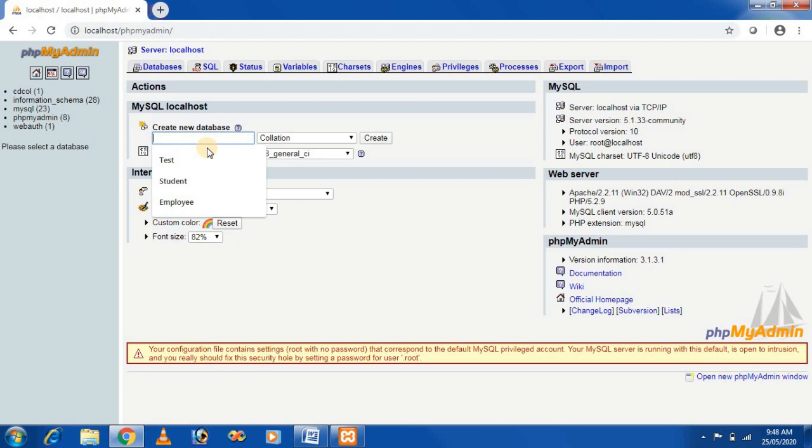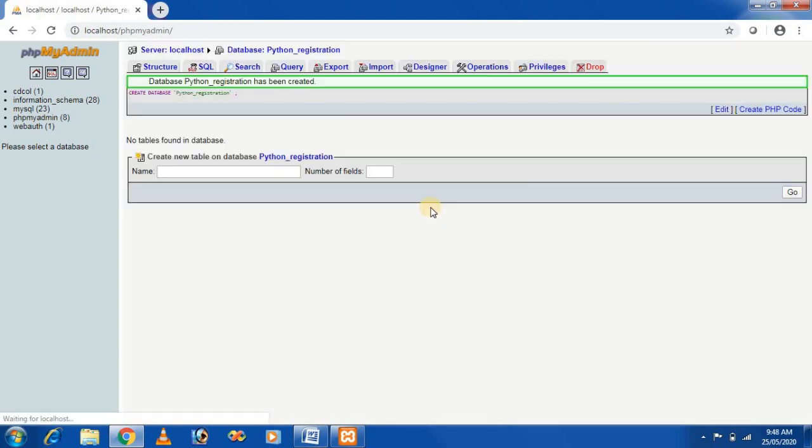Suppose I am creating a database called Python registration. So this is my database name. Create a new SQL database, my database name is Python registration, and click on Create.